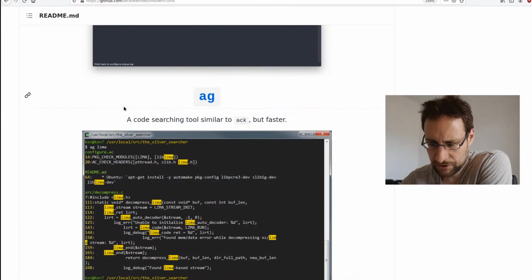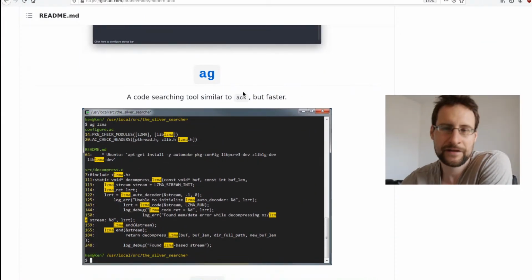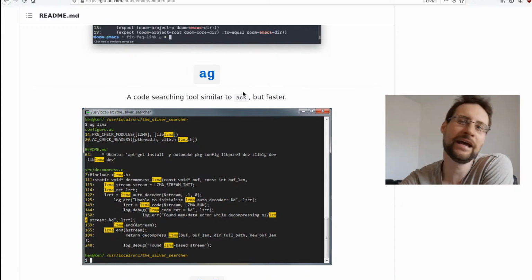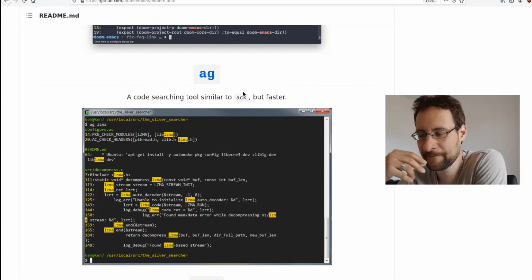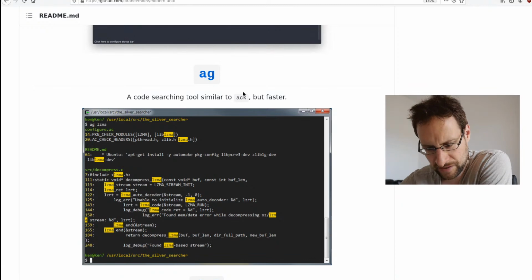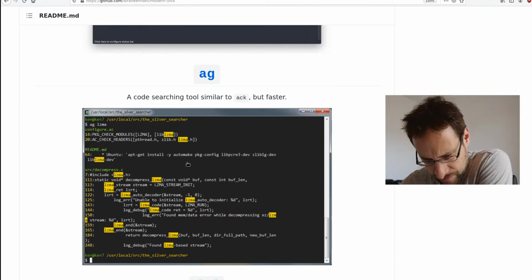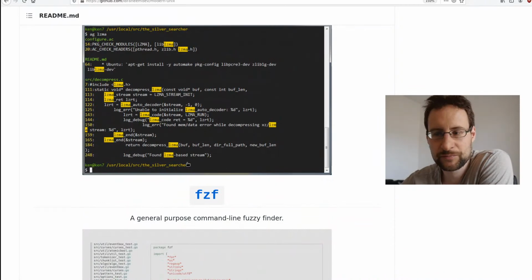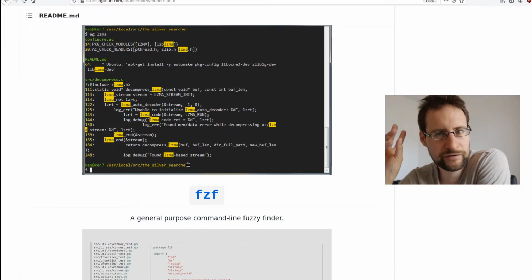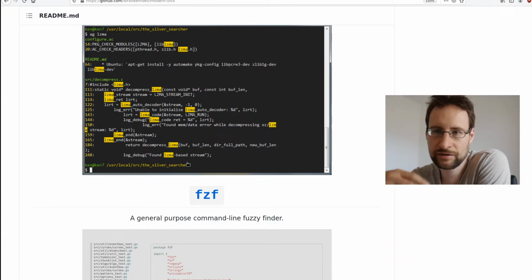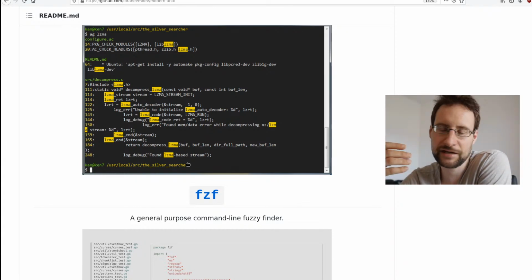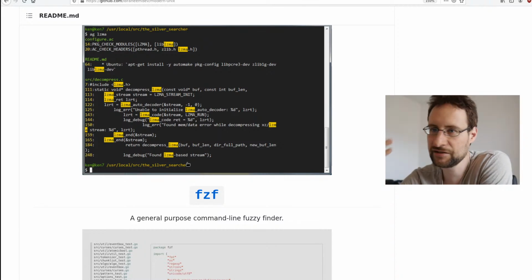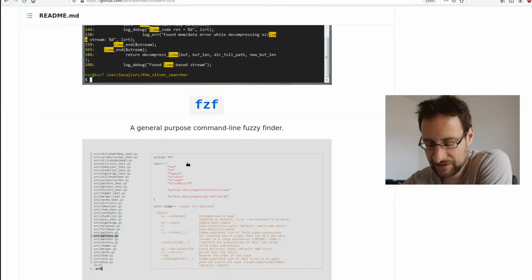Ag, a code search tool similar to Ack but faster. So there's the funny stuff of, hey, we had Ack, but now we do it again, but fast, like, yeah, not invented here, maybe written in Rust. Also, this looks like actually a Windows screenshot. Obviously on Windows, of course, the problem is that you have the DOS tools and not the Unix tools. It's like, yeah, type instead of cat, and everything sucks basically. Try to find, and yeah, it's like legacy DOS. Then